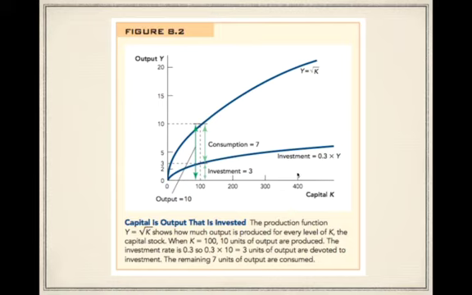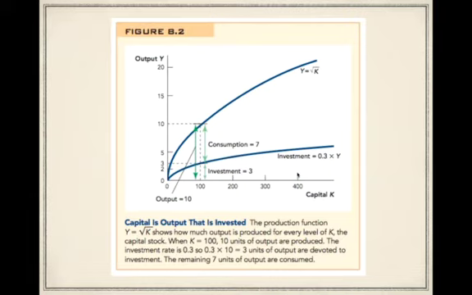I hope the reason why investment is a lower line than our output capital relationship is fairly self-evident for you. So think about if it was equal to it. What that would mean is we are investing everything that we are producing, which would imply that we are consuming nothing. In effect, we starve to death. That would be a foolish thing to do. Nobody's going to do it, and so that line needs to be at a lower level.